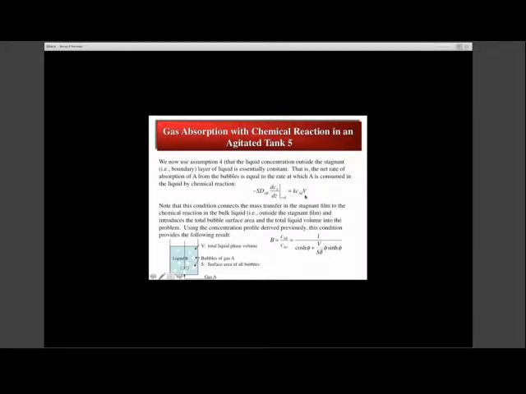And we set that equal to the amount of A that is consumed in the liquid by chemical reaction. And that's just the first order rate constant times the concentration of A in the bulk times the volume of